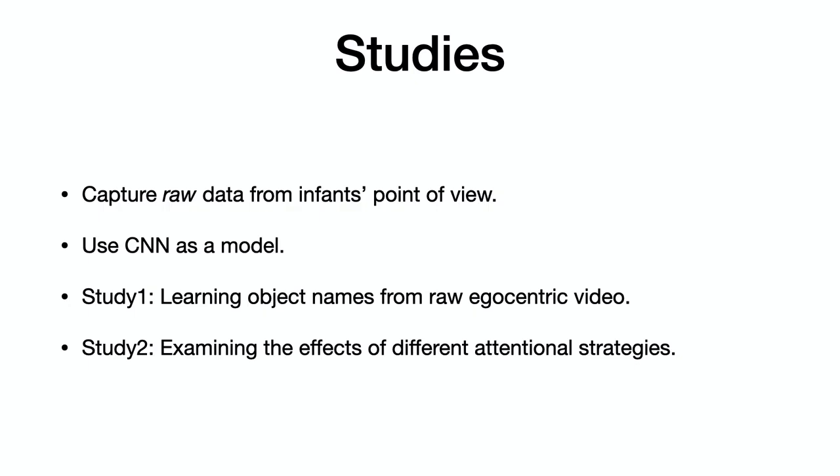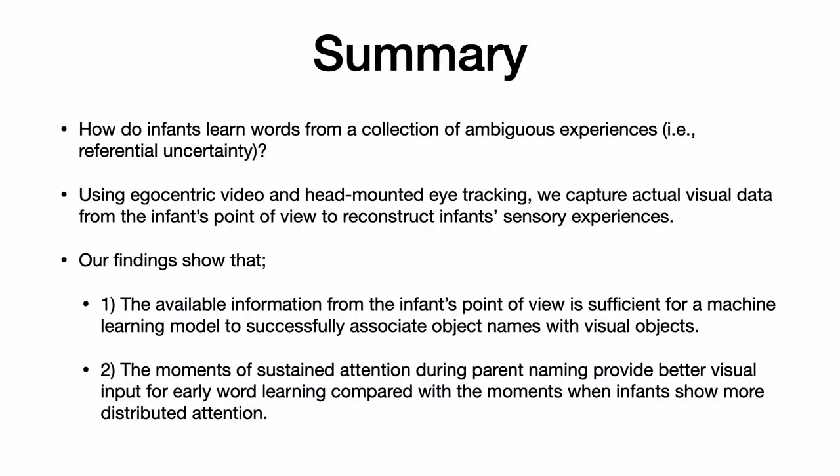Then we conduct 2 studies. The first study is to check if a standard convolutional neural network can figure out the visual object to word mapping from the raw egocentric data. The second study is to investigate the effect of temporal attention strategies on the word learning results. Unfortunately, we don't have time to get into the details of each experiment, so let us summarize the results from